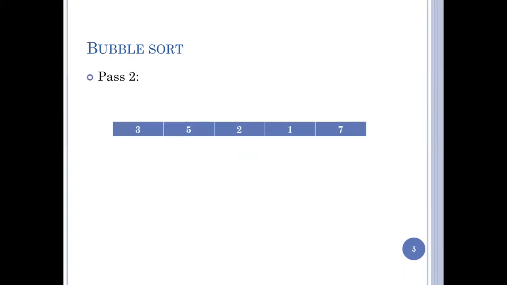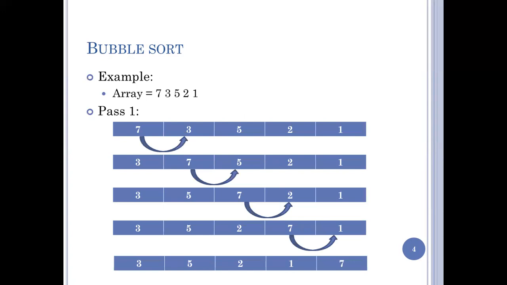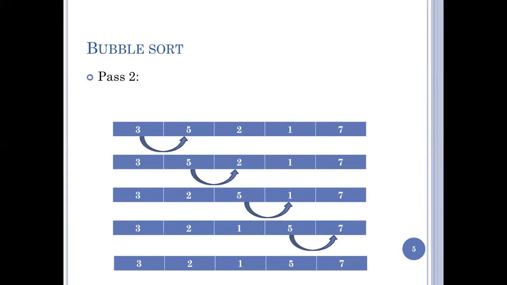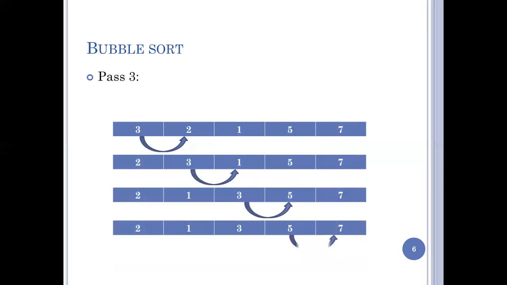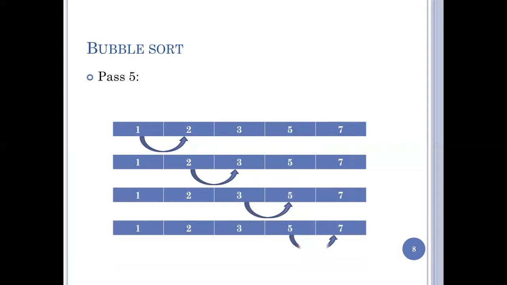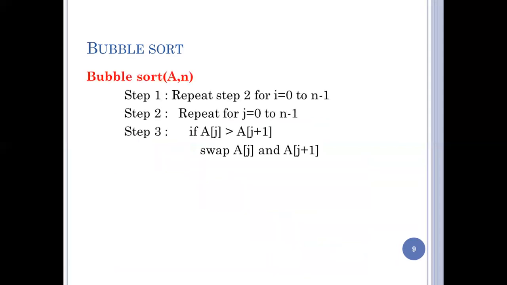See, after this first pass, this 7 is moved to the corner. Okay, so no need to search this 7 again. In the second pass, what happened? The last two elements are moved to the corner. 5 and 7, the last two greatest elements are moved to the corner. Okay, so this actually depends on the outer for loop, the i loop. So both the codes will work when you check them. But complexity wise, it's better to repeat the inner for loop as n minus 1 minus i.